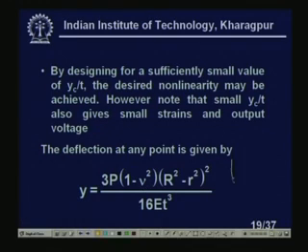Suppose I have a diaphragm at any point, and it is deflected like this. This is our central point. Suppose I am talking about y. This distance is y, the deflection, and this distance from the center is r. So the deflection or height is y at this point, which is at a distance r from the center. For that reason, our expression of the deflection y can be given by this particular expression.